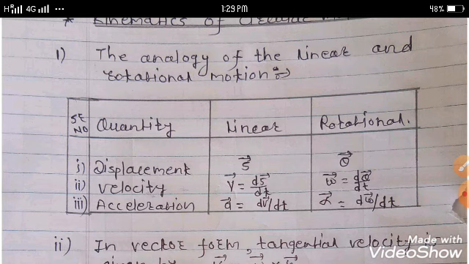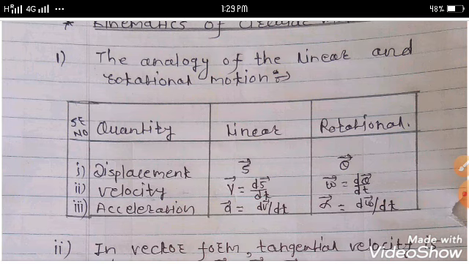Another type is rotational motion. Motion of an object about an axis along with that object is called rotational motion. Or definition: when a rigid body moves in such a way that all the particles of the body move along circles, the motion of the body is called rotational motion. In this way we discussed these two definitions last year in 11th standard.